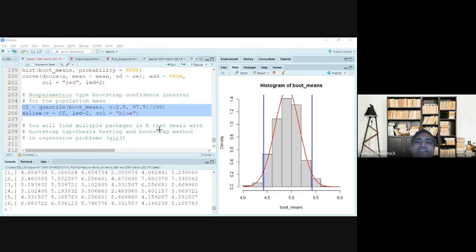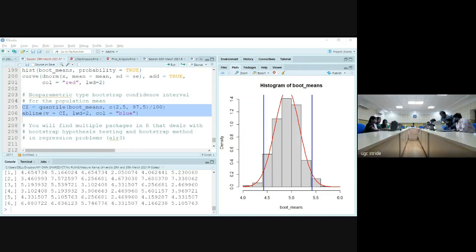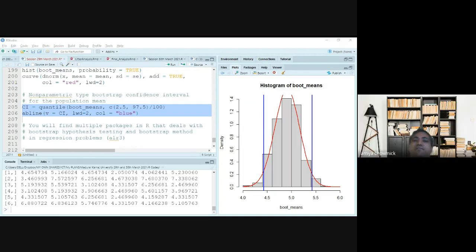Oh, great, excellent. Please believe me, in many research papers we have actually reported this bootstrap confidence interval. You just search over the internet and you will see that it is being reported. Whenever we have a small size of data, it is inevitable that we need to go for bootstrapping.